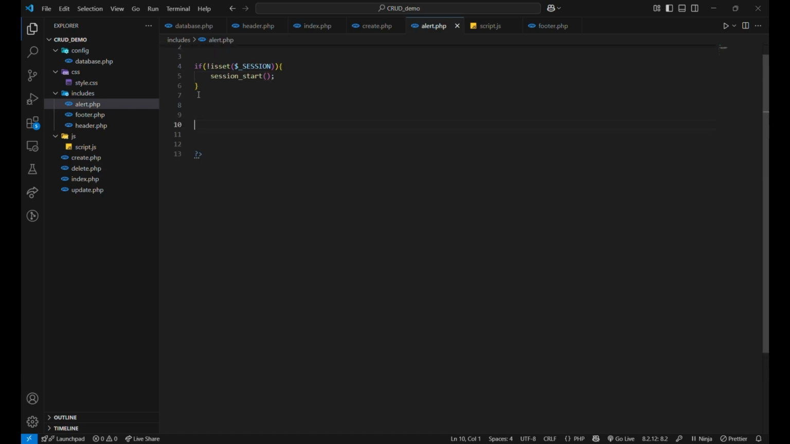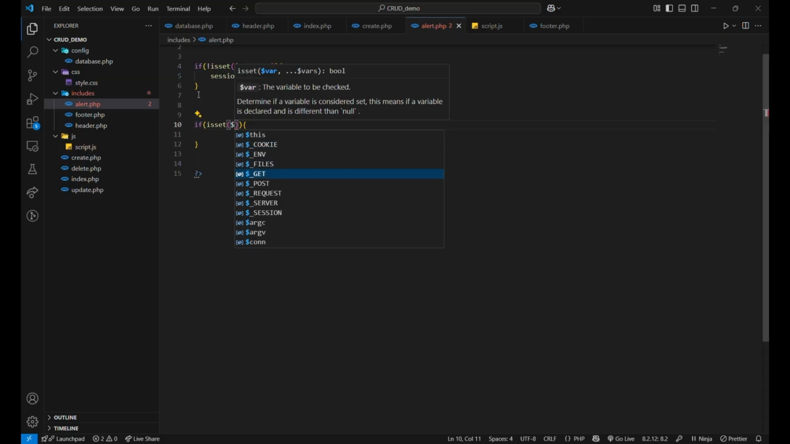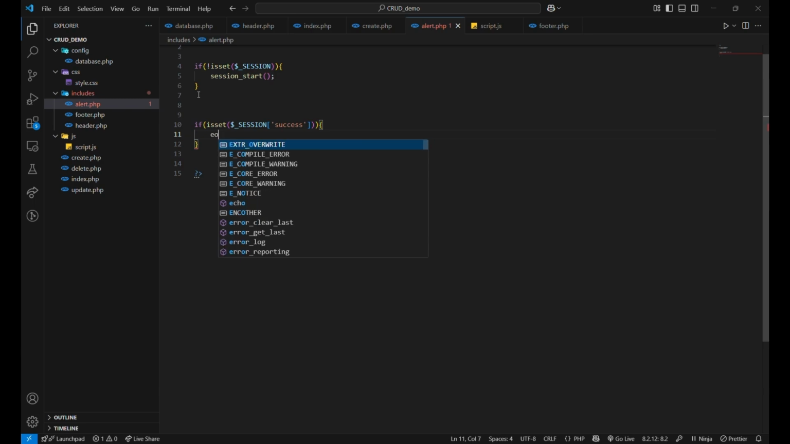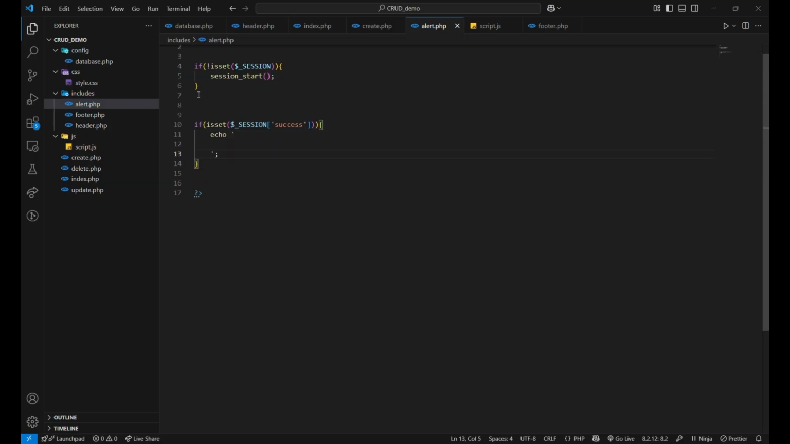Now we need to create alerts for different kinds of errors or success alerts. So for that, we can check if a success alert exists in the session. So if isset, session of success. If this exists, we need to echo out a success alert. Inside this, I'm going to